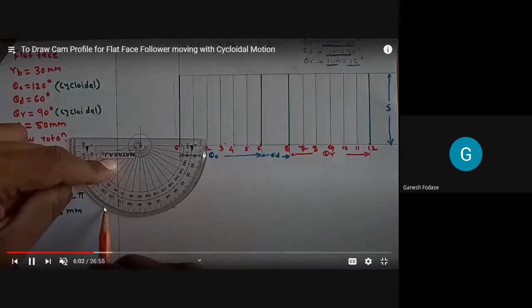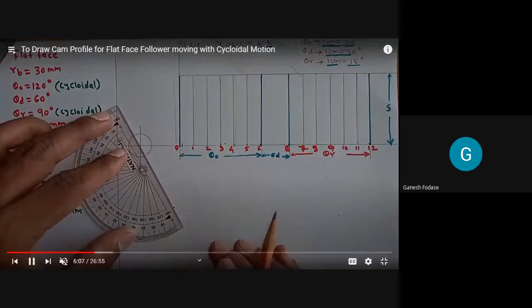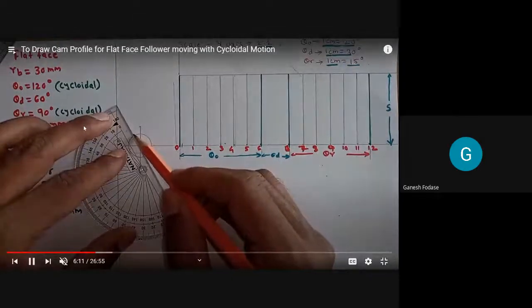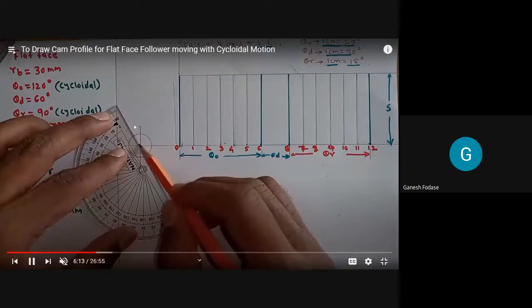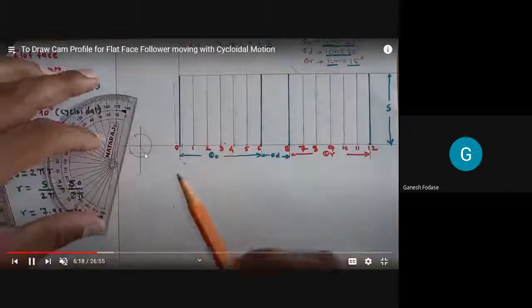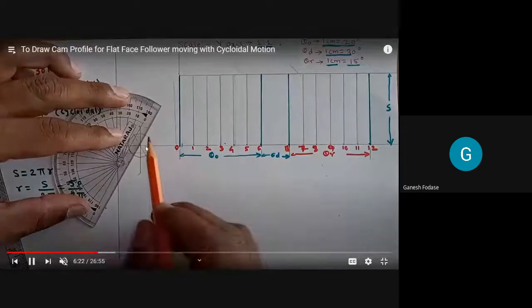Second position. The third one is 180. So join those divisions. The first one is a 60 degree angle, and the opposite will be the same, because there is no need to divide again in the opposite way. So we can divide in this way. So these are the 2 divisions you obtain. Next, for 120, join the diameter of the circle.